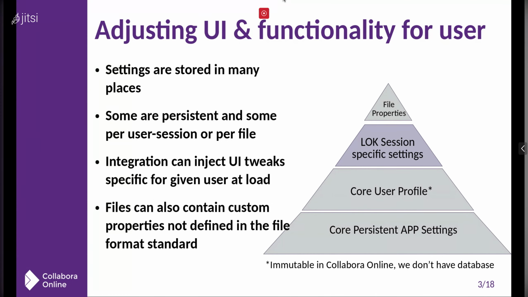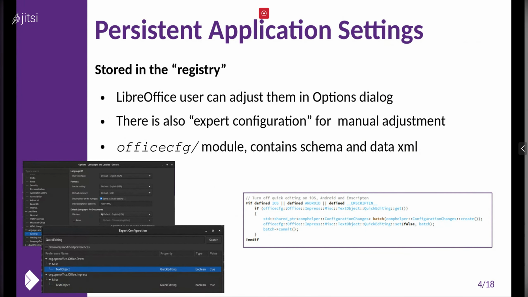So yes, and also file can also contain some settings apart of the content of the document itself, because there are some special custom properties which we can put there to remember, for example, for the same file, some settings. Yes, so in LibreOffice, the application settings are stored in the register, which we can find in Office